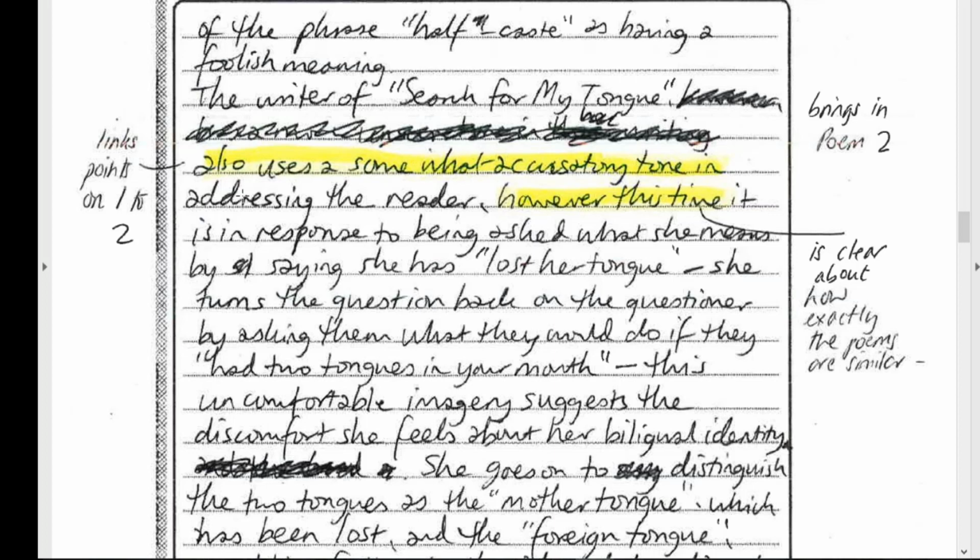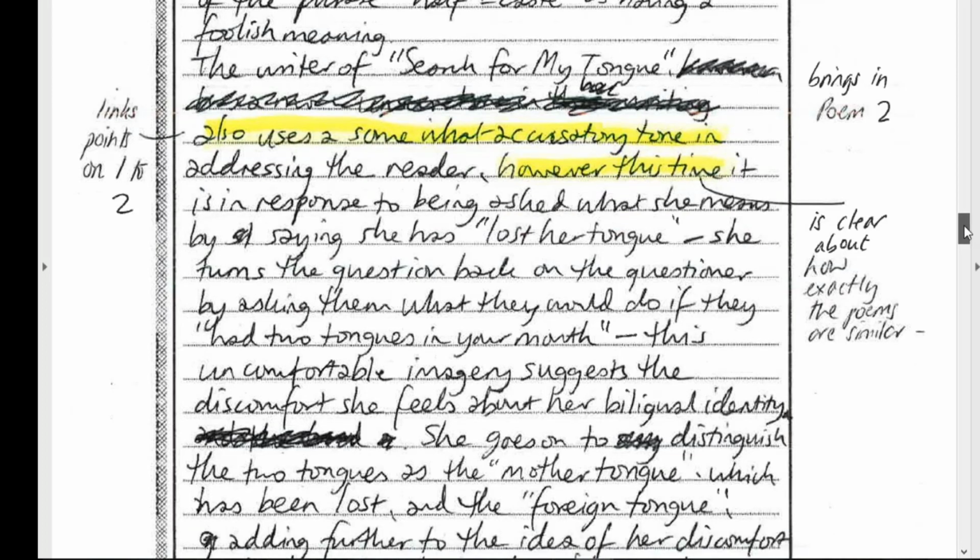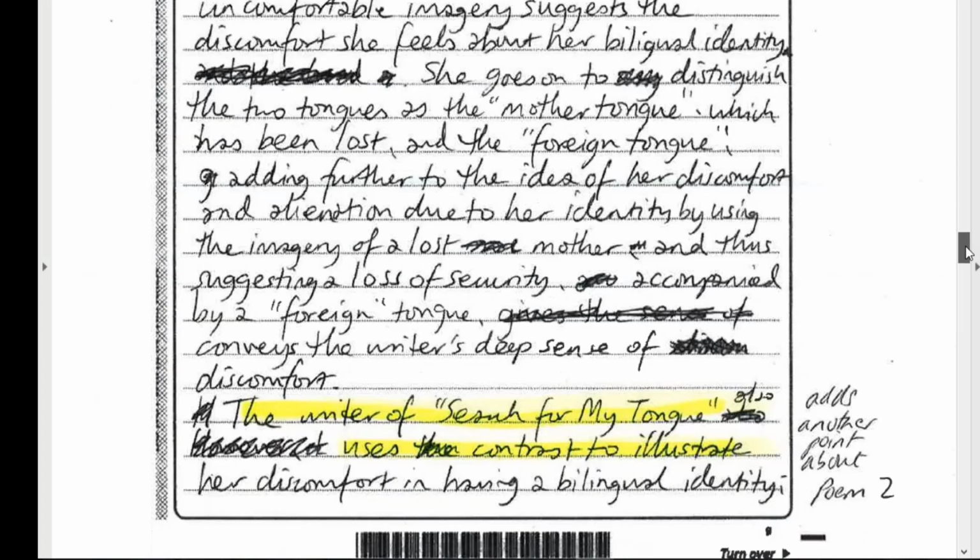And then they go on to say, addressing the reader. However, this time it's in response to being asked what she means. So this is a differentiated comparison. It's not just they're both using an accusatory tone, it's being very clear about how exactly they're similar or different and qualifying the comparison. So that's a quality of a high level response. Okay, then we go,